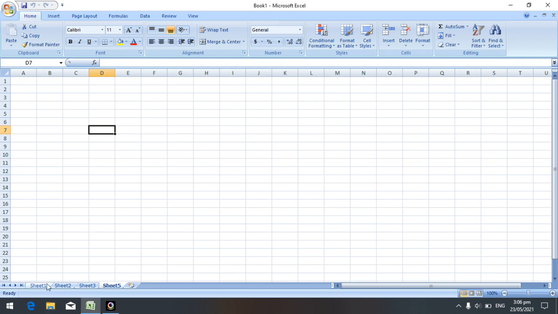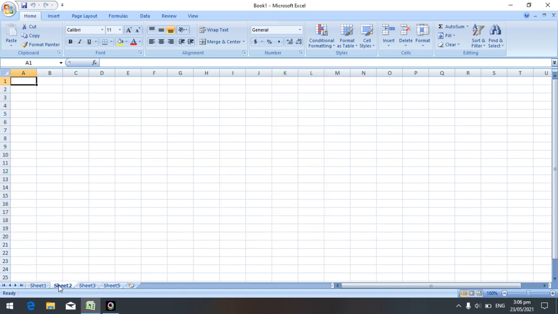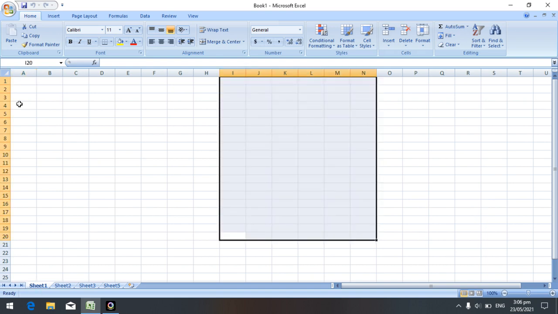Normally we use a book consisting of a number of pages. In the same way, when we open a new file, that is Book 1, it provides a number of sheets. When we click on a particular sheet, that sheet is called the active sheet. It will be in bold. If I click Sheet 2, it will again be bold. Each sheet consists of a number of rows and columns. How many rows? 10,48,576.